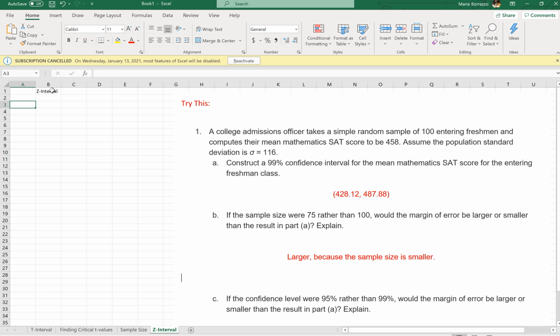So the four elements that you're going to need, since this is a Z interval, it's fairly easy to do. You're going to follow the same protocol as we did in the prior one, except this time you don't need a degree of freedom. So I'm going to put lowercase sigma, and then we have sample size. They're giving us a sample size of 100, and then our confidence level of 99%,